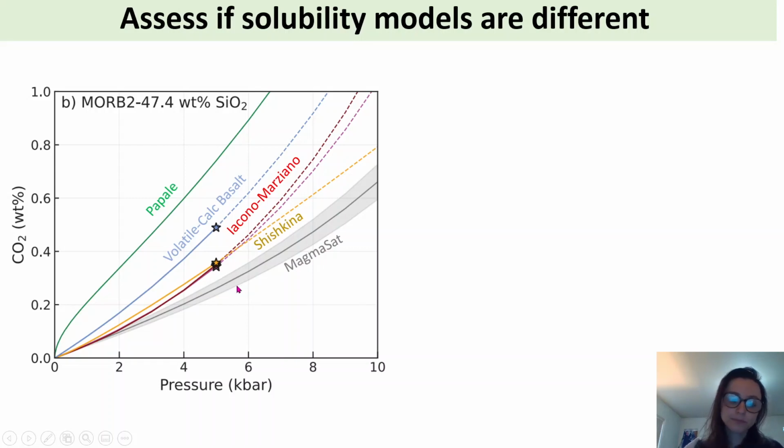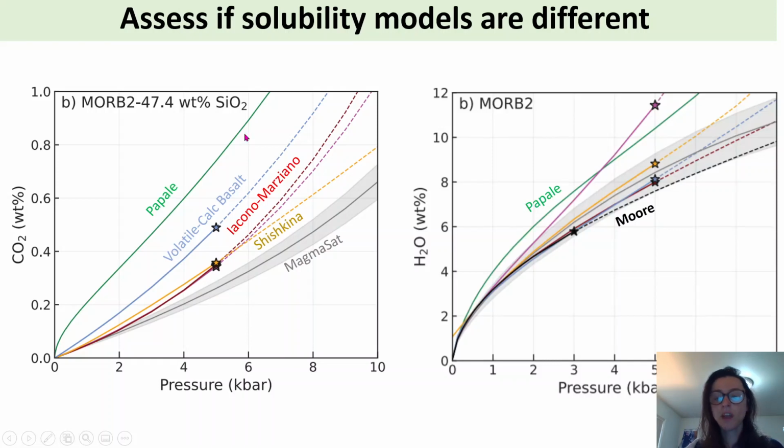plot them up. And what we can see is that at sort of less than 2 kilobars, Shishkina, Iacono-Marziano and MagmaSat are all very, very similar. And then at higher pressures, they begin to diverge. And what we see is that at all pressures, VolatileCalc Basalt and Papale plot to much higher CO2 contents. We can draw the same diagrams for water and all the same colours, except we've now added more